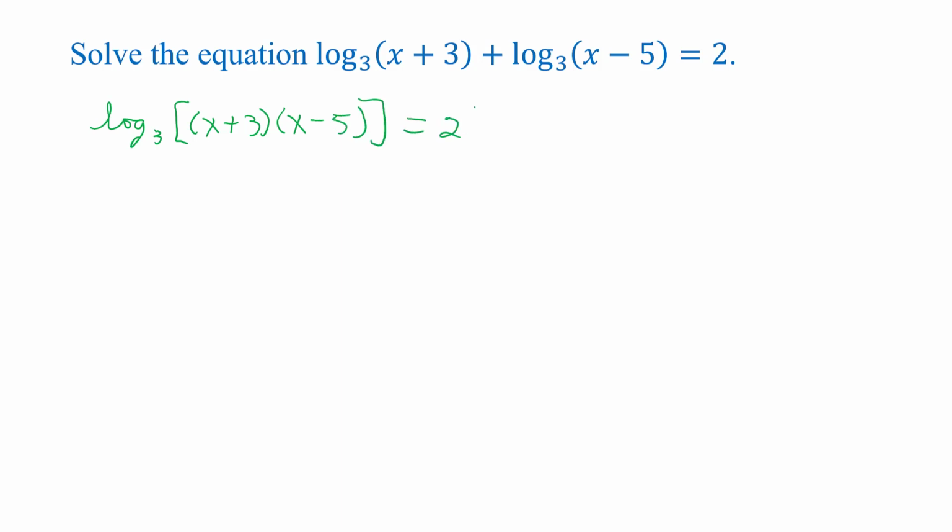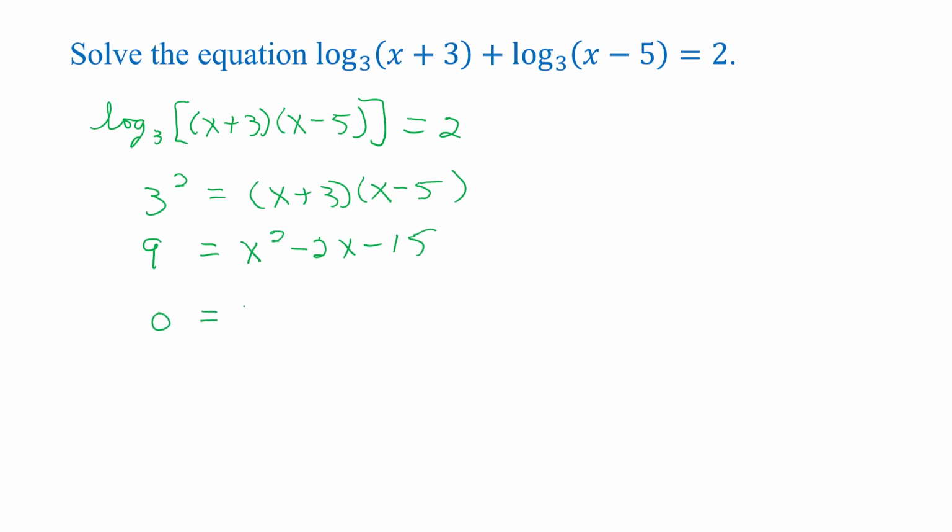Well, we have already gotten this equation into the form log to the base b of u equals y, and so we'll change forms into 3 squared equals (x plus 3) times (x minus 5). The left side gives us 9. The right side we expand to get x squared minus 2x minus 15. And then subtract 9 from each side to get a 0 on the left. On the right, we then have x squared minus 2x minus 24,